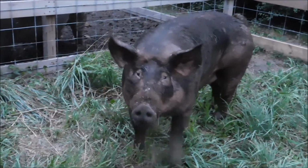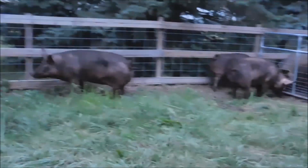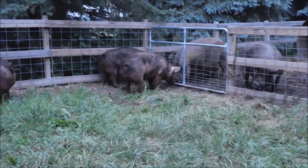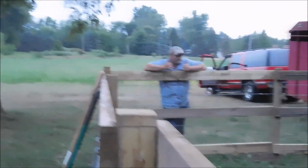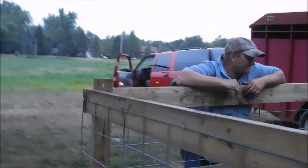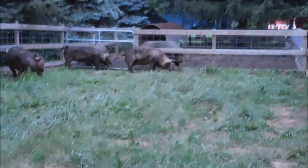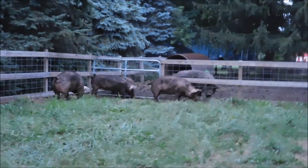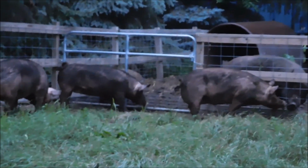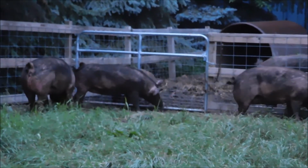Yeah, dirt and grass. Look at you. Oh, that's great. Good job, pig pen builder. Does that make you happy and pleased? It makes me happy. They'll have that all torn up. Oh, yeah. This is the way to do it for pigs right here. Boards and